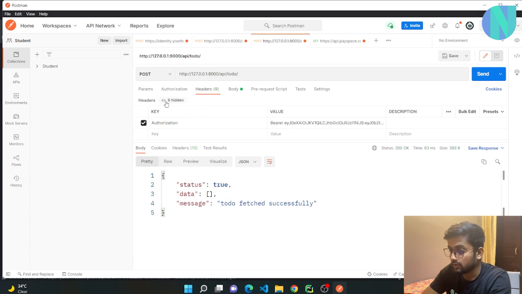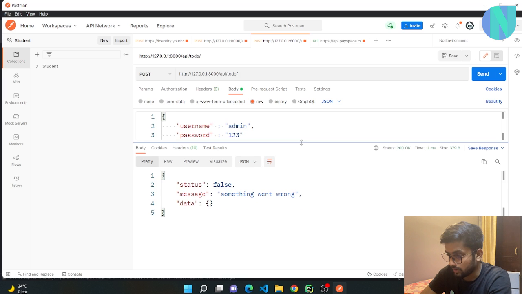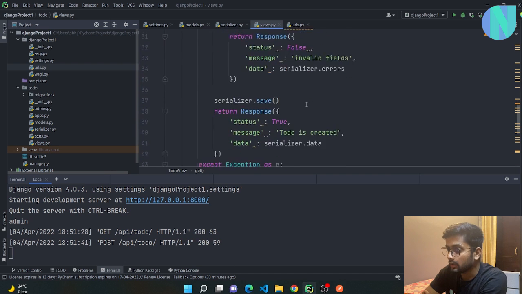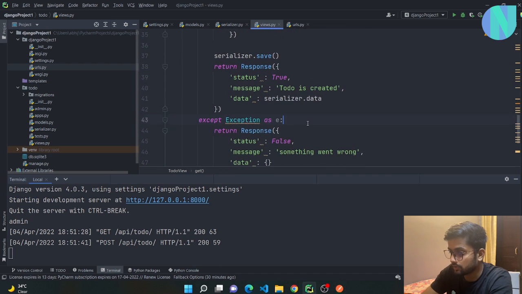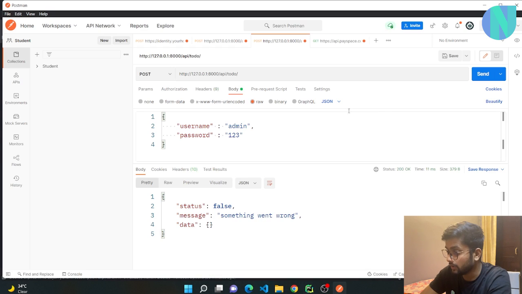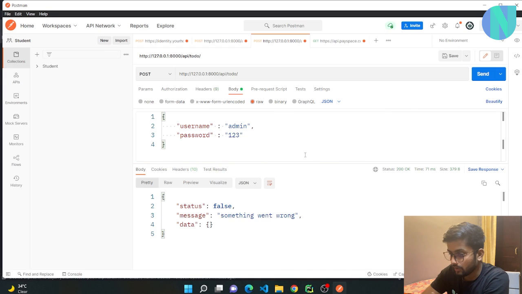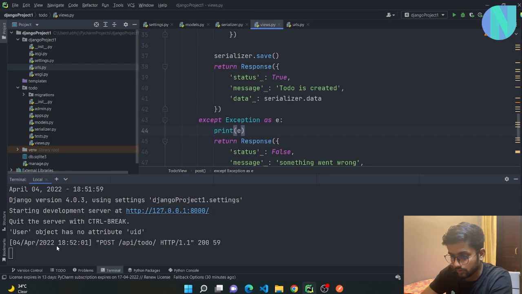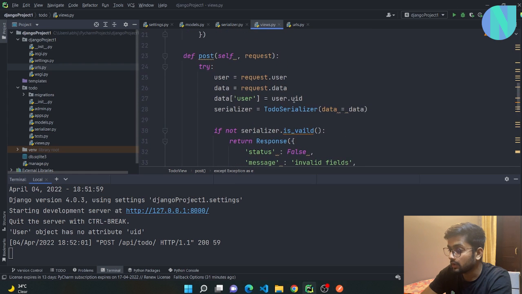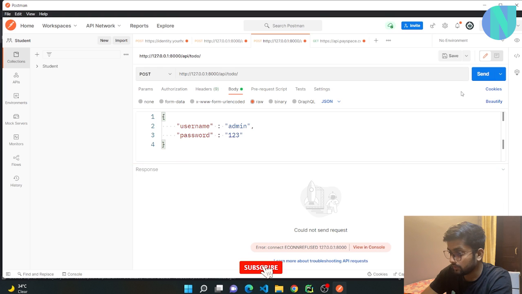So what we are gonna do is post, and then when we just hit this particular data, we're gonna get an error, something went wrong, and what's the error, this. Okay, so we're gonna print this exception. Why was this exception raised? print(e), and let's hit this particular API again, and something went wrong, that user object has no attribute uid. Okay, so user has id, so